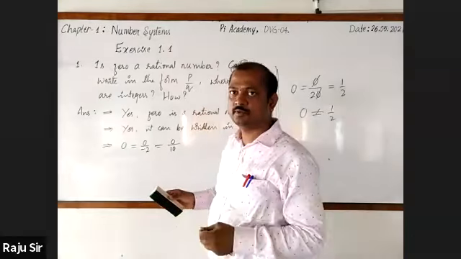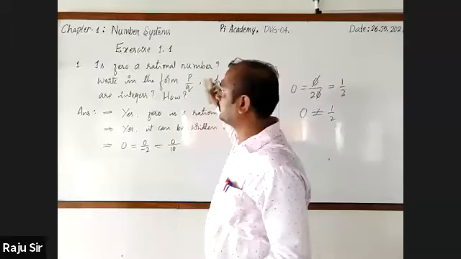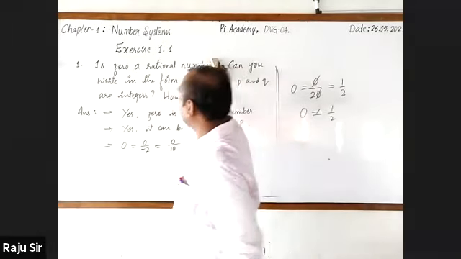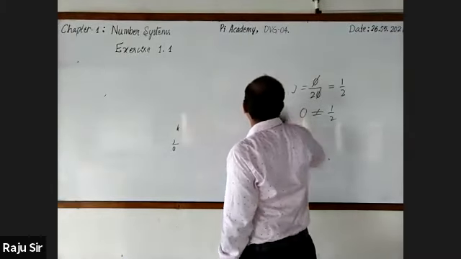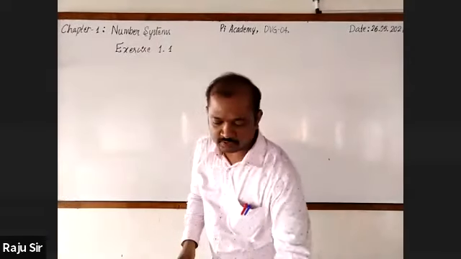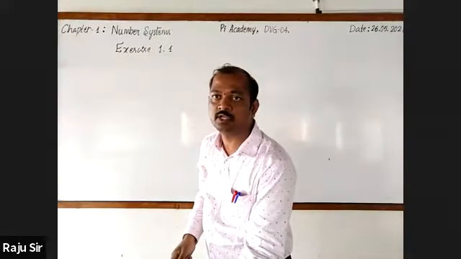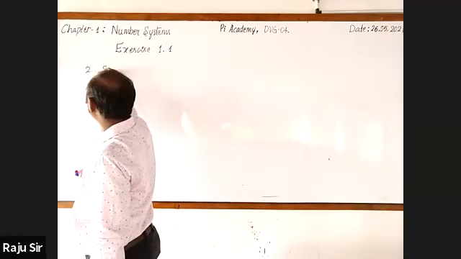Is it over? Check that. Yes, sir. Find 6 rational numbers between 3 and 4. It is over now. Regarding 3 and 4, I think it is over. Second sub question. All right. Second one, solve.